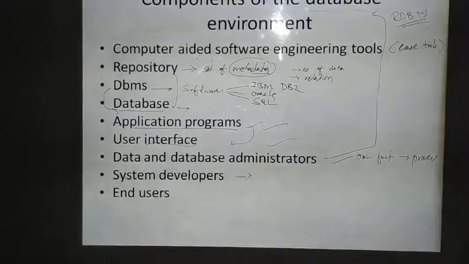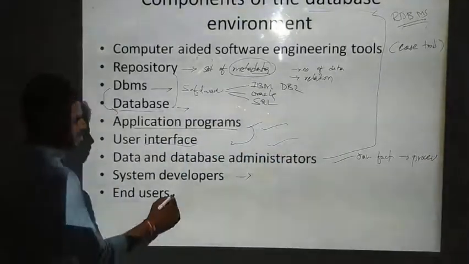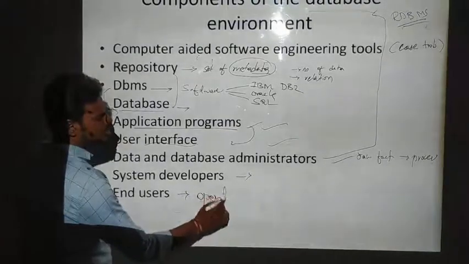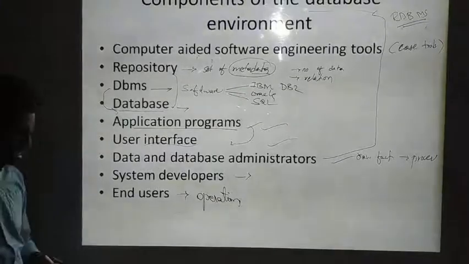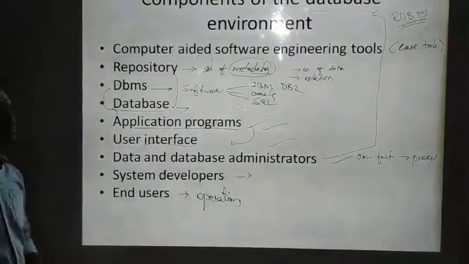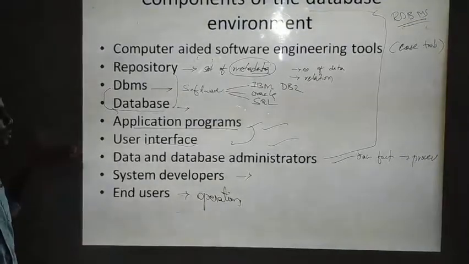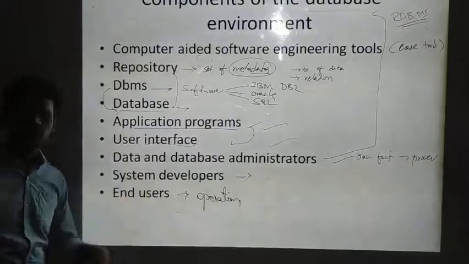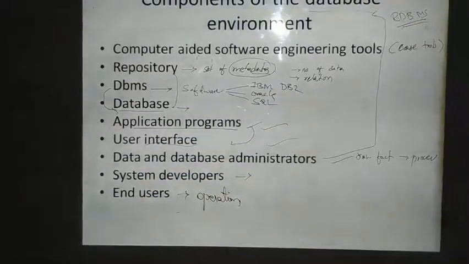And in other words, in the case of a database system, I can say that they are the operational users. They can do any operations on the database, they can access the data, and they can add the data, they can delete the data, they can manipulate the data. But the end users will not fall under what? Database administrators and system developers. They will not be having any knowledge, but still they will be working with the database, they will be getting a good result from that particular database, I can say.